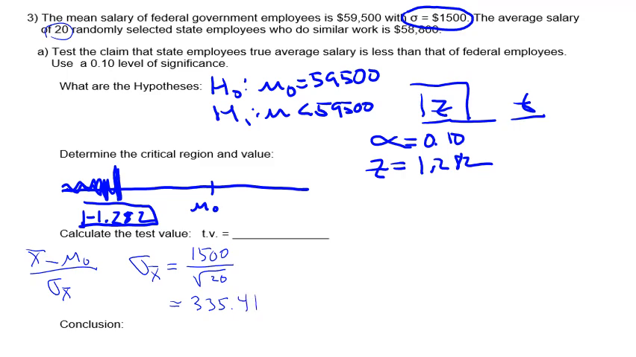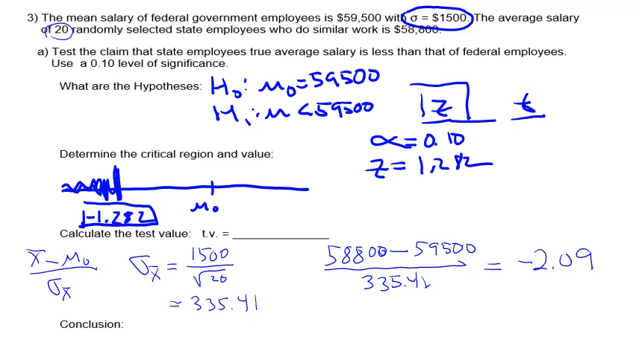Now we're ready to calculate the test value. X bar in the problem is 58,800. Subtract the mean, which is 59,500, divided by the standard deviation, and our test value turns out to be negative 2.09. Now, this negative value